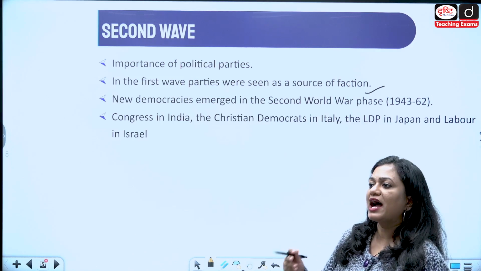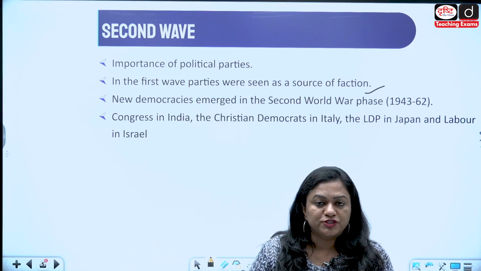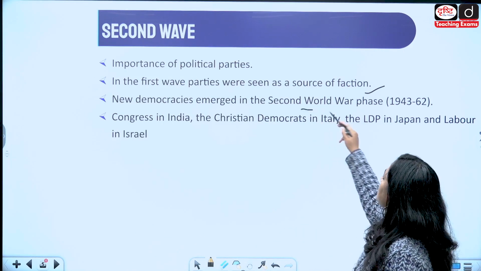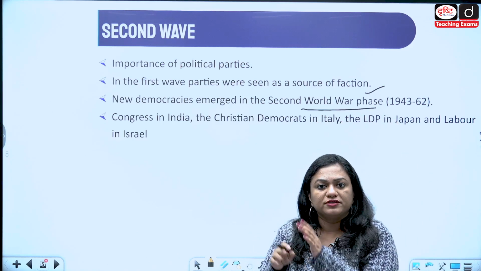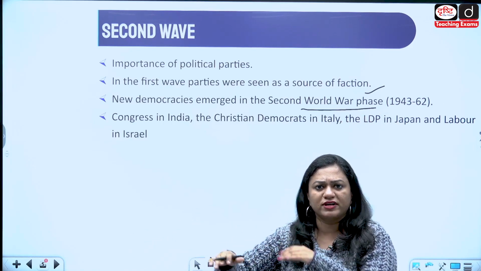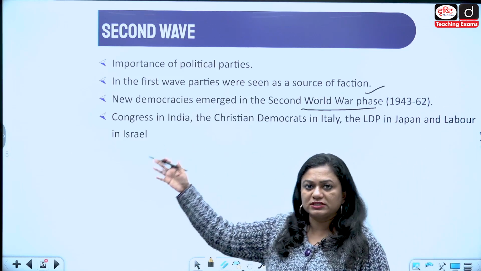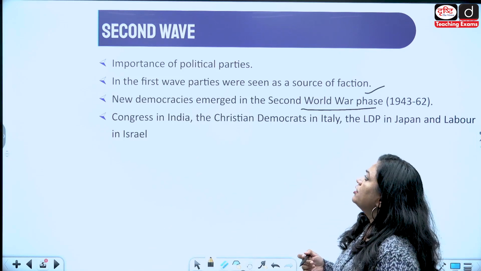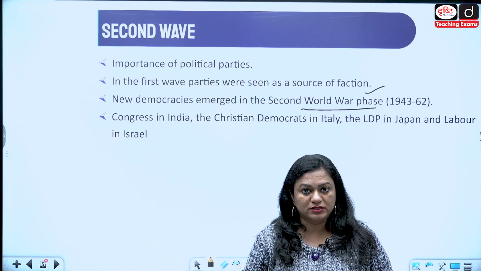Political parties, or having a multi-party system, was considered a very viable promoter of democracy in the world. So new democracies emerged after the Second World War. We can say that from 1943 till the 1960s, from the 40s to 60s, we witnessed the second wave of democratization. So we have seen the emergence of some strong political parties in various countries in the world,